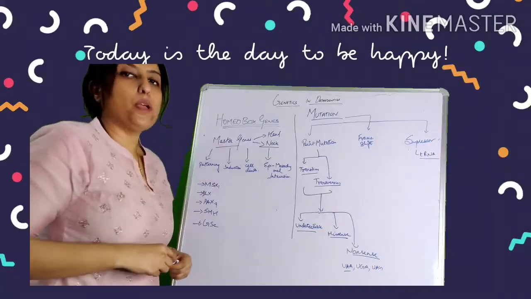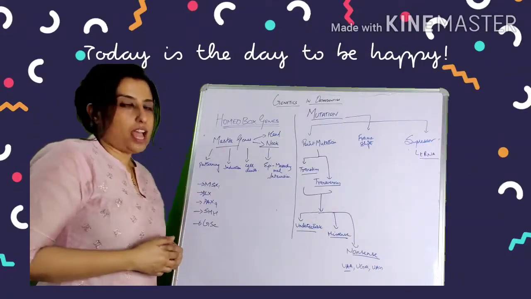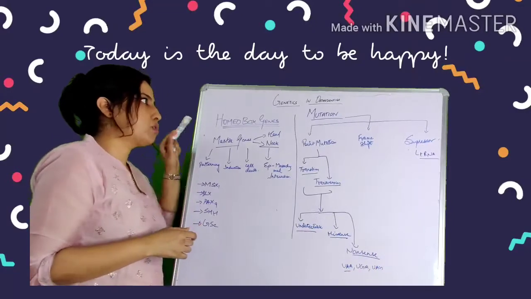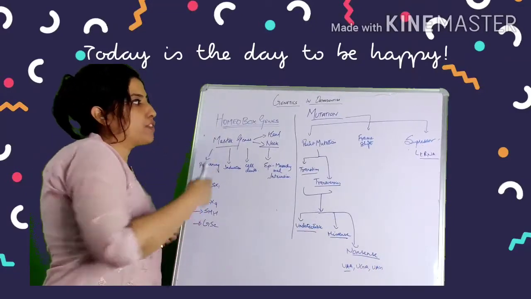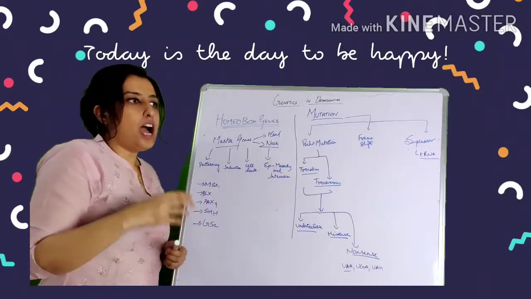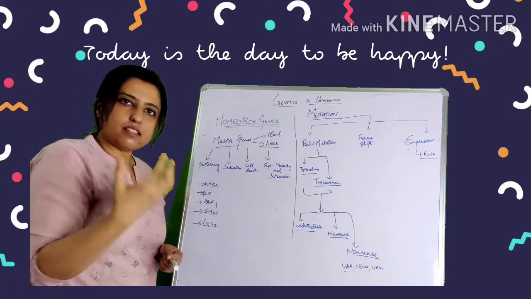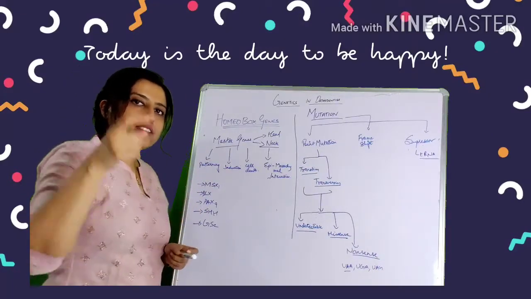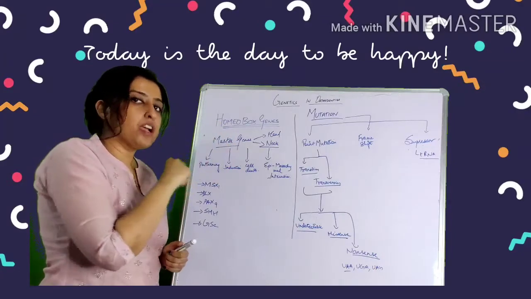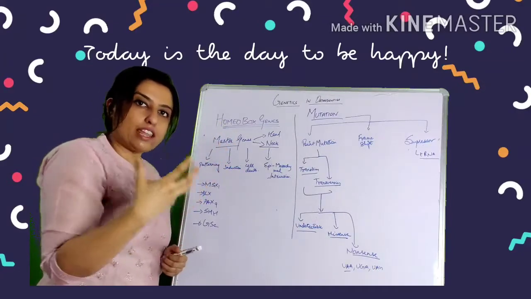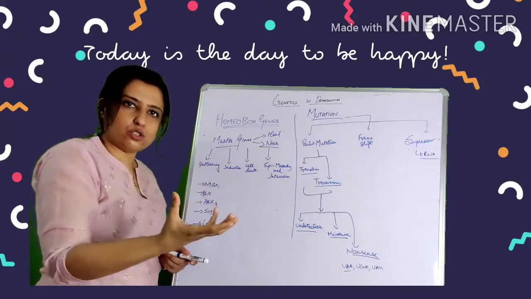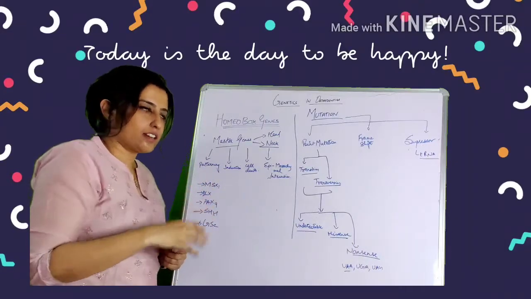Alright guys, now we are going to talk about mutations and homeobox genes. You get a short note on both, right? So first we'll take homeobox genes. As the name suggests, it's a gene. Gene, I have told you, it's a segment of DNA that is supposed to carry out some function or characterization of any individual, any characteristic.